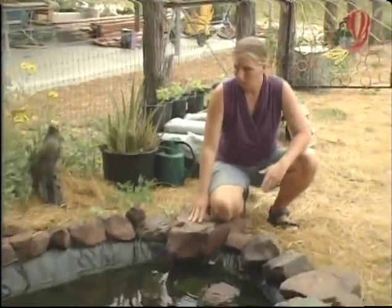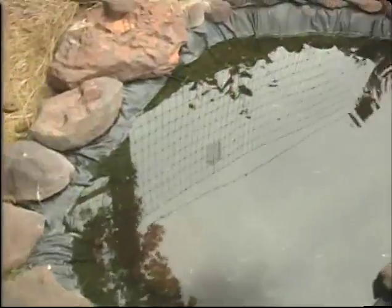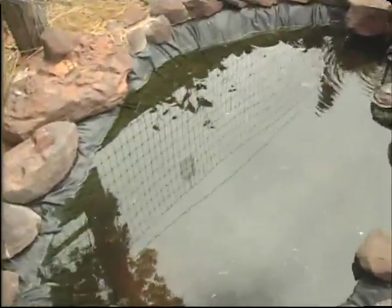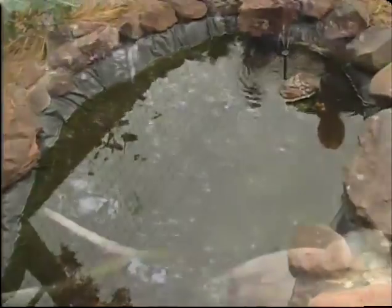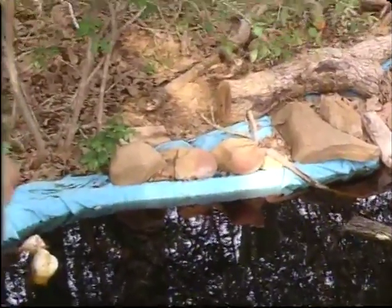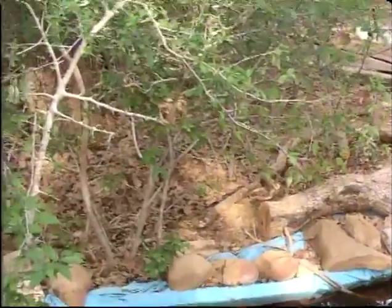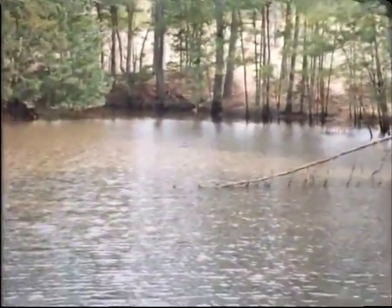Most of us don't have a lot of room or enough water for a big pond, but even a tiny one like this really enhances your lifestyle. And more importantly, it provides water to beneficial insects and birds. Note that when placing a pond, ponds shaded by trees have less evaporation and stay fuller longer in these arid climates. If you are lucky enough to have a bigger pond, stocking a pond with catfish has by far